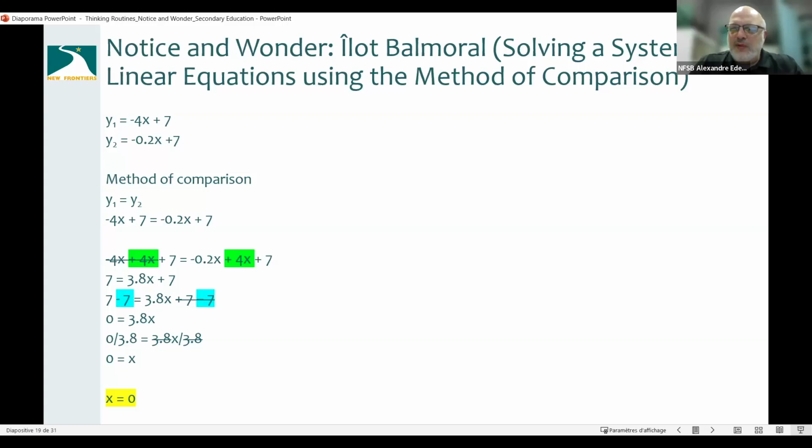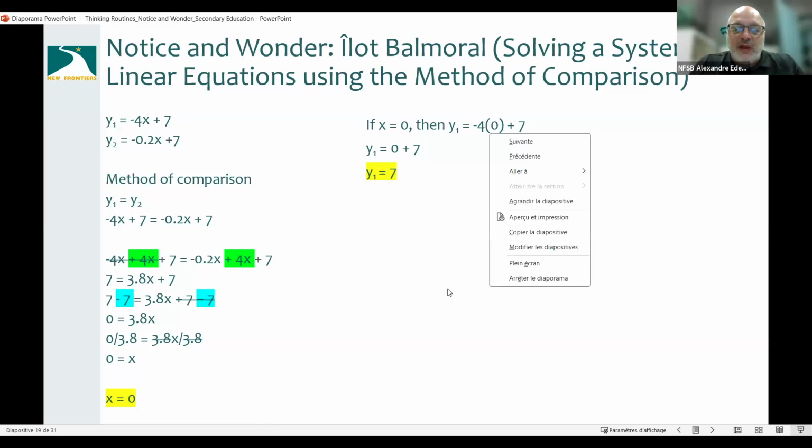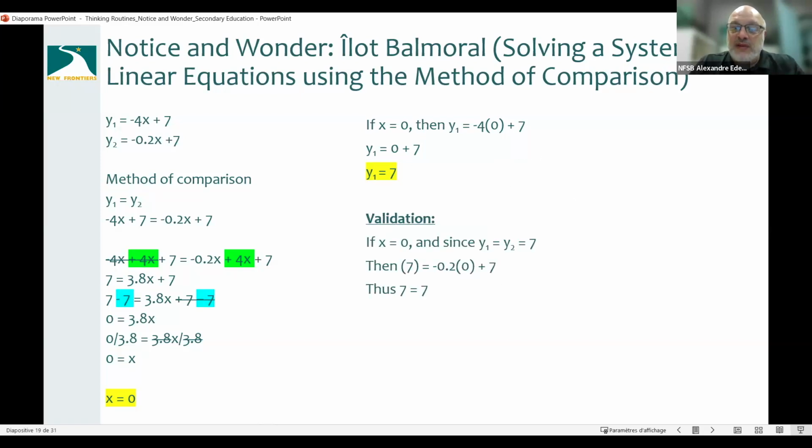Okay, well, how do we solve for y? So at this point, our students replace the value of x in the equation, and they find our value of y. Excellent. How do we validate our answer? Well, we take both our value of x and y, we replace them both in the equation, and hypothetically, it should give us an equality. And if it does give us an equality,